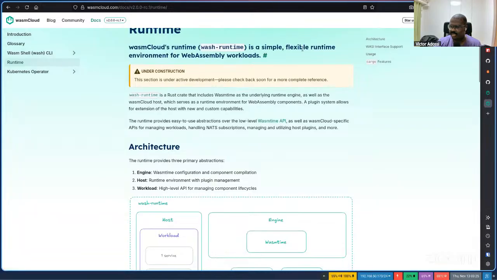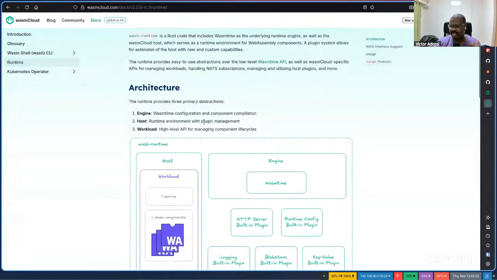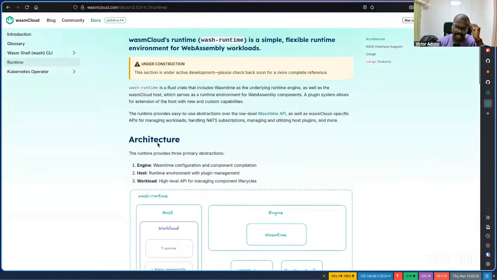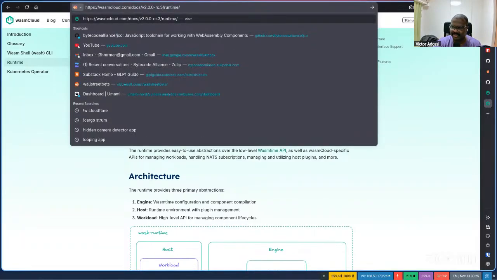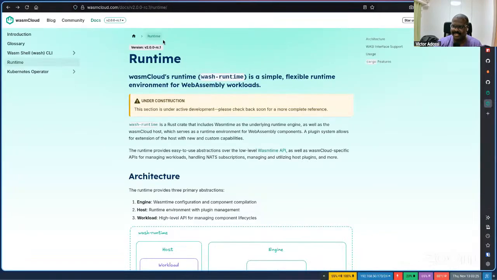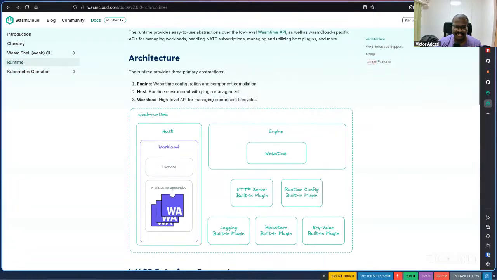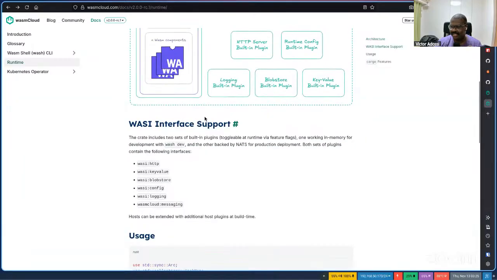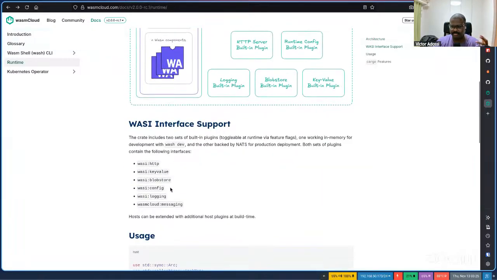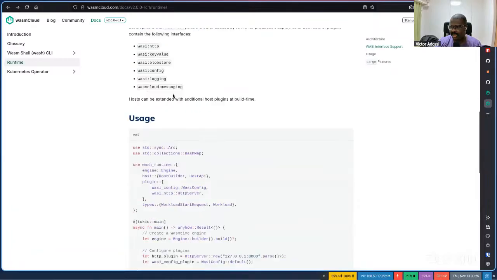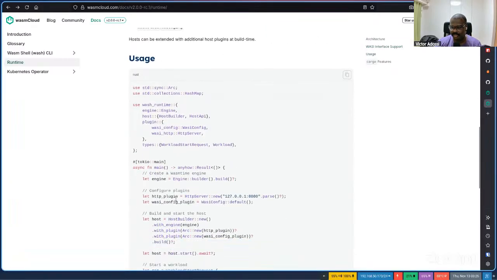So you've got the page describing the new Wash runtime. The version's a little old, so I don't know if RC3 is up there yet, but we'll just pretend that RC1 is RC3. This page goes through and lays out the architecture, like how this host, which we're calling the Wash runtime, works compared to the previous Wasm Cloud host, and also which interfaces we've got support for.